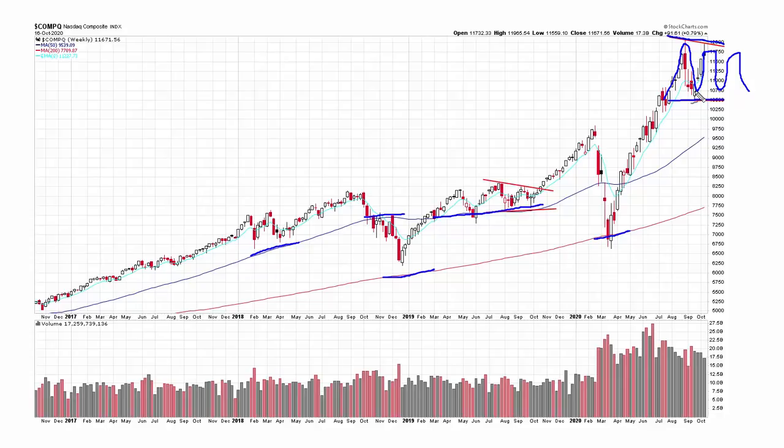Not many traders can flip back and forth between bullish and bearish. Most traders would be better off just being bullish, and then it's just a question of how much exposure. If the market's going up, then you should be all in. If there are some warning signs out there, then you could pull back a little bit, reduce exposure. But what happens is if you go short when the market just drops a little bit, then you end up missing the next leg up. And the amount of money you miss on that next leg up is a heck of a lot greater than whatever small amount of money you made